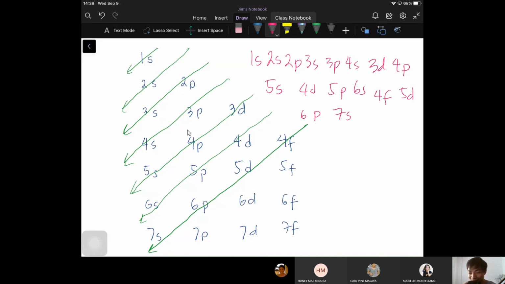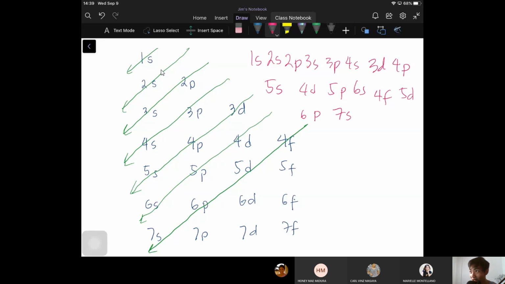Although nakwento niya sa amin yung Sally pumunta sa party, si Daddy pumunta sa disco, something. Pero sabi niya sa amin, wag niyo na gawin yan, sayang yung oras niyo. Ganyan na lang daw. So, Christmas tree method. Ito yung principle ng Aufbau principle. Ay, napaka-redundant ng principle. Ito yung sabi ni Aufbau,